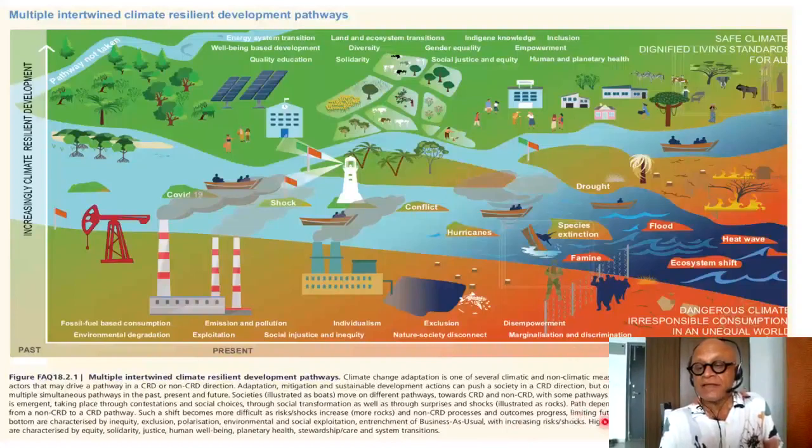Path dependency means it is possible but often turbulent to steer from a non-CRD to a CRD pathway. Such a shift becomes more difficult as risks and shocks increase, so more rocks, and as a non-CRD process and outcomes progress, limiting future options. Okay, so just lots of words, but let's just look at the schematic here, going from past into the future in terms of increasingly climate resilient pathways. So you have many pathways not taken and some pathways that are taken through contestation